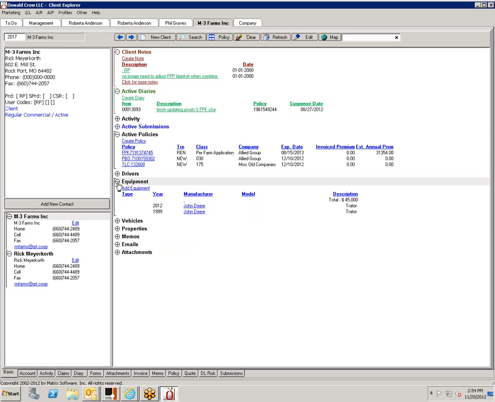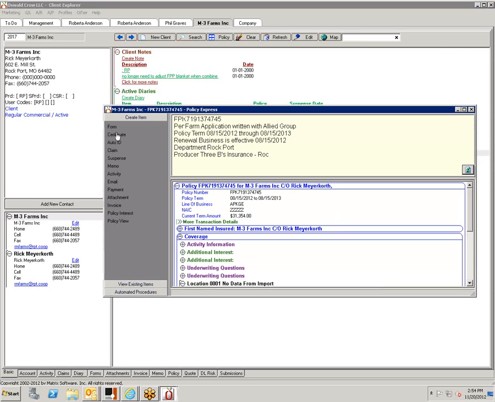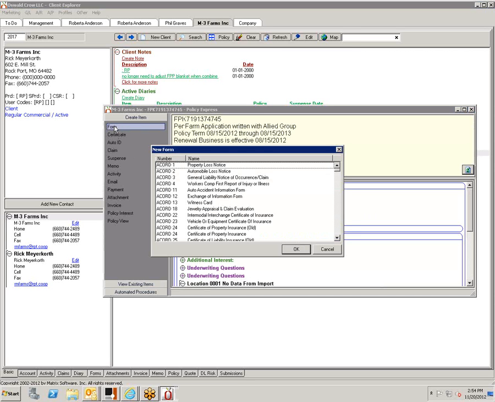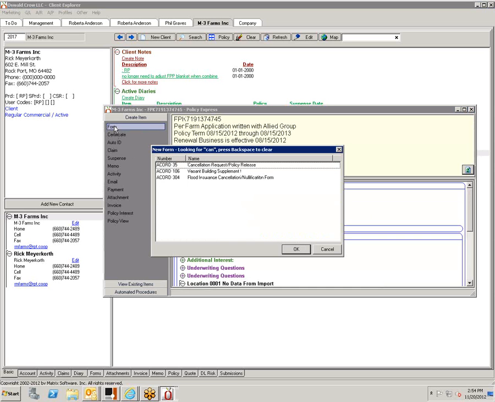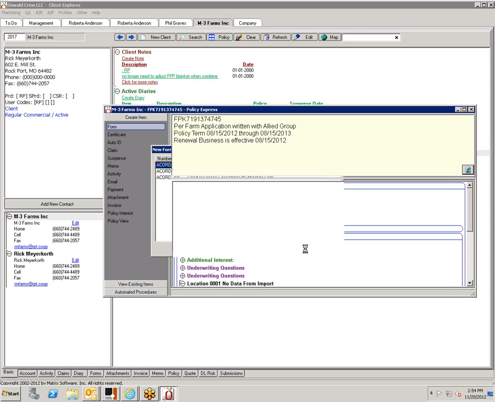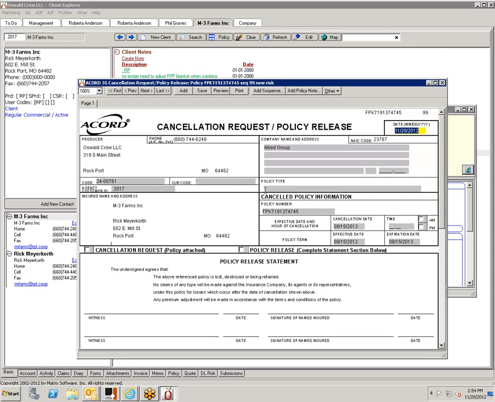So that's how you would manage that, and it can import into an Accord 146 should you ever need a form. Okay. So what other kind of forms do you think you would need? Oh, a cancellation form. Okay, so if you just come in here, go to Form, and type in cancellation, or Accord 35. You just choose the cancellation. Okay. Type in what you need.